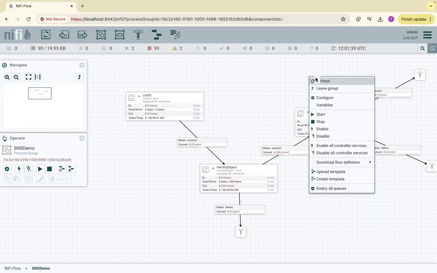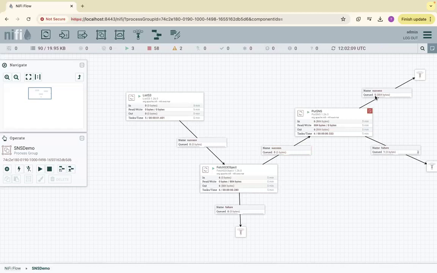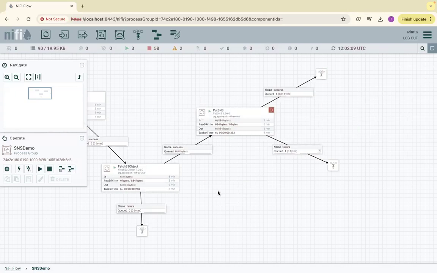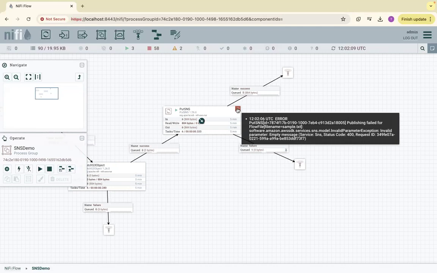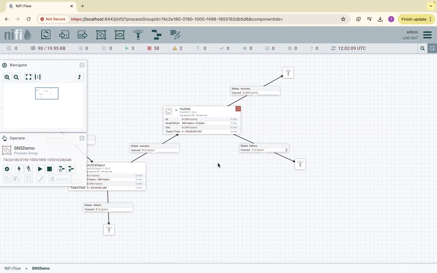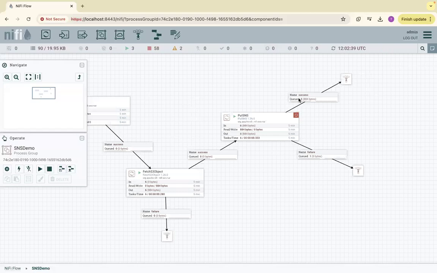Start the process, refresh. If you see here, there are 5 success messages and 1 failure message. If you hover over this, I got one failure because it says empty message. Publishing failed for flow file sample.txt, the status code is 400, and the parameter is empty message. So one of the 6 files that I have has 0 byte content. That's the failure, because